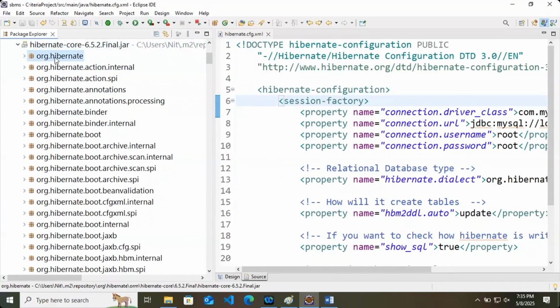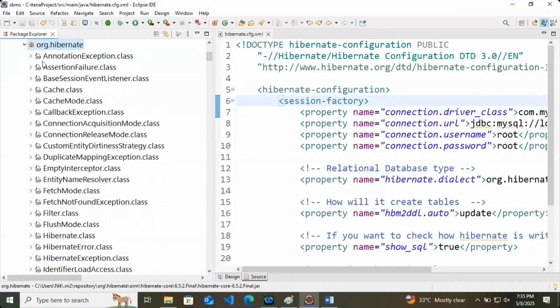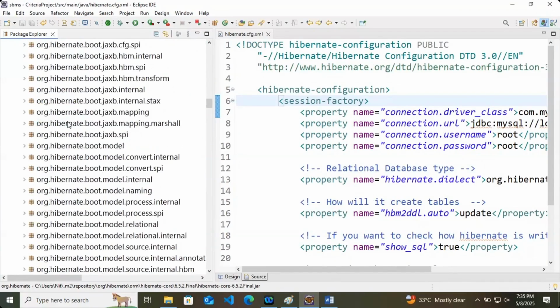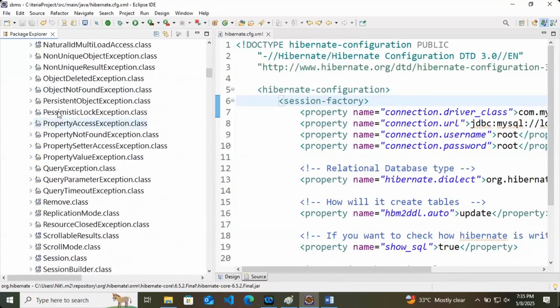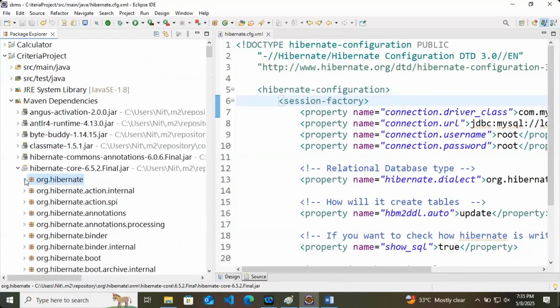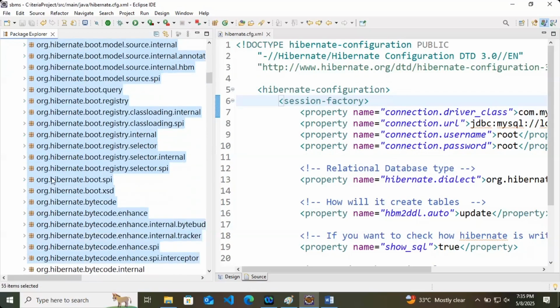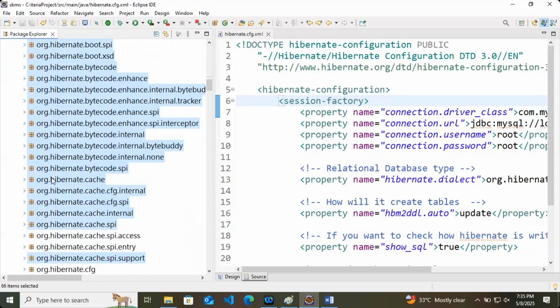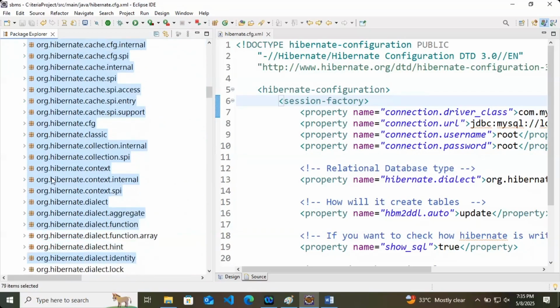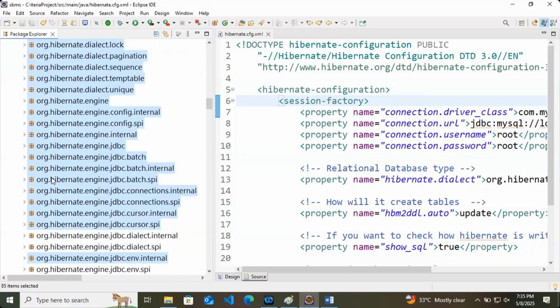So in org.hibernate only, you have multiple classes, multiple interfaces, and multiple packages as well. So we'll check how many packages we have here. When you are adding the jar file of Hibernate, you actually get so many.